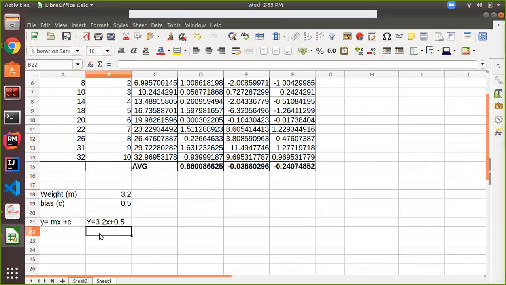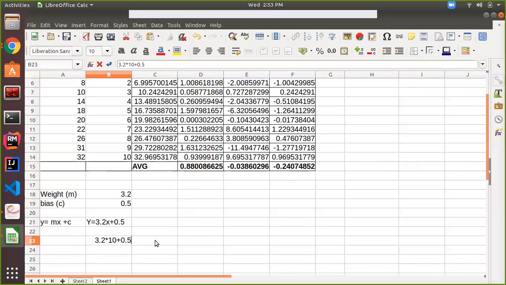So in this equation, for any value of x, I can get the value of y. I can predict the price. So in our case, x is the house size and y is the house price. So for any house size, I can get the house price. Let's suppose if house size is 10, that is x is equal to 10, then what value I will get?